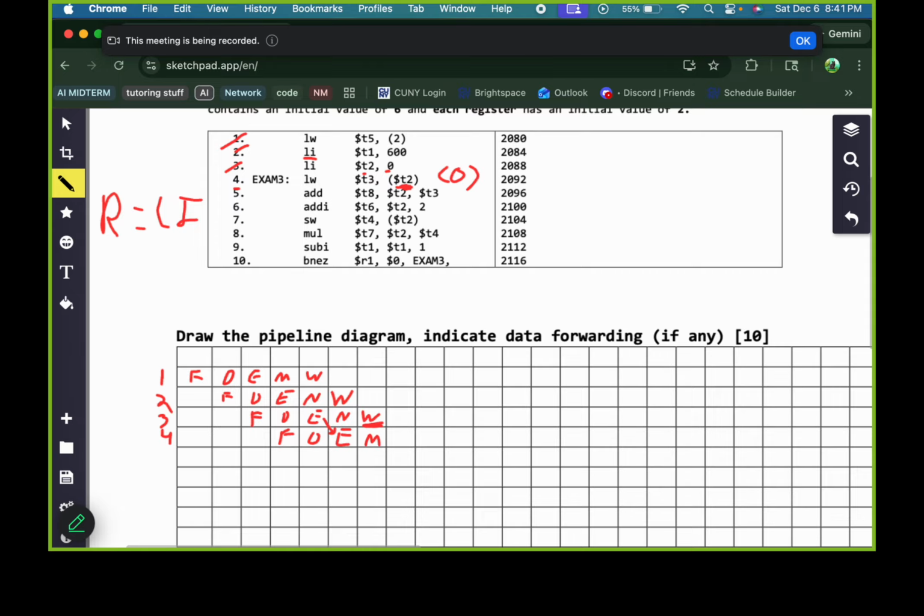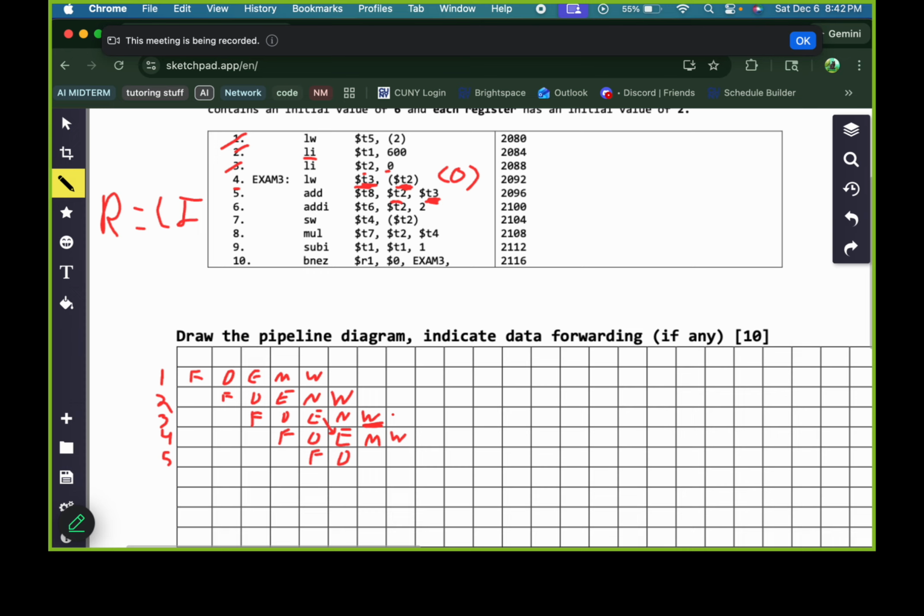I see one right here, T3. So T3 is a source here, but it's a destination here, meaning this T3 is going to rely on this T3. There's also a T2 here, but notice T2 finished. It's right back over here, so I don't have to worry about that. If I was writing all the data dependencies, of course, I'd still put it down, right? Anything that's within this that depends on a previous value, we always want to make sure that we put down